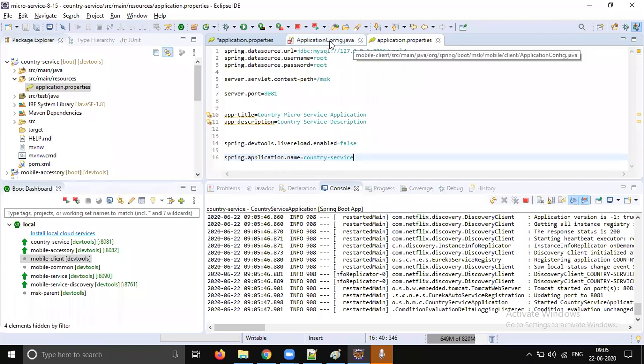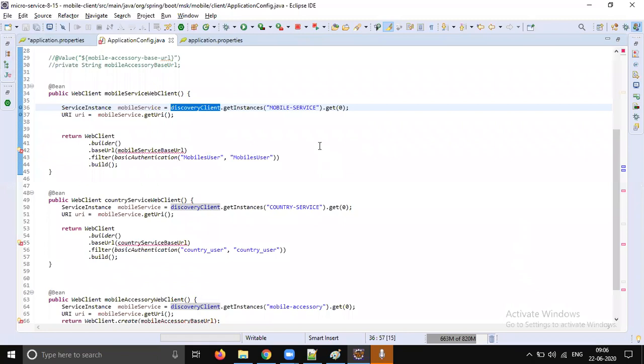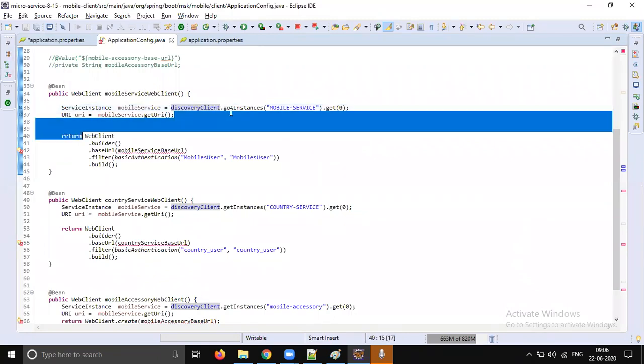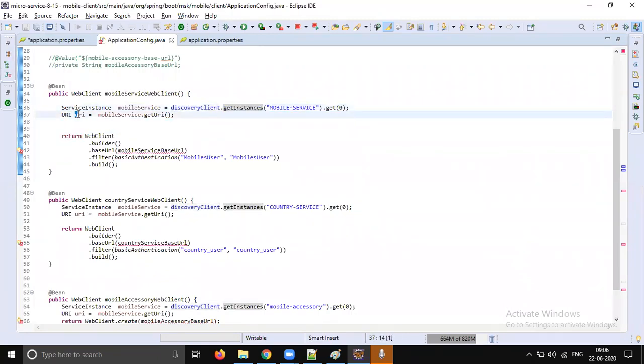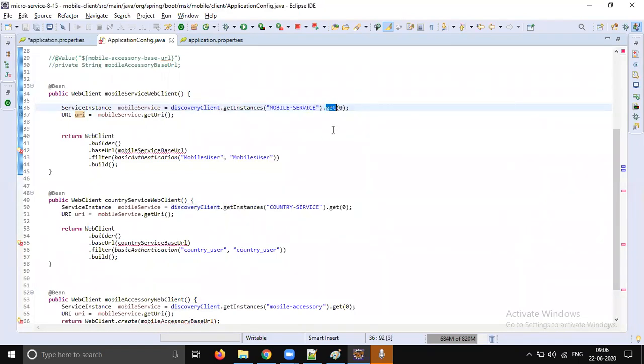But now let's come to the client. So in the client, how do you get that service? You should do discovery client dot get instance, and you have to give that mobile service. It's going to return a list of instances. You should call get of 0, right? You will get that service instance, which is specific to mobile service.